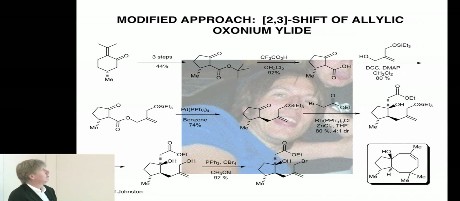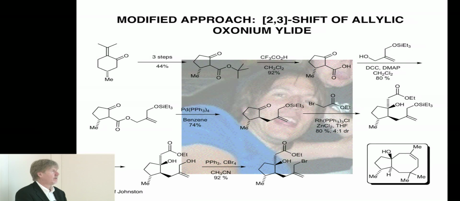So we went back to this series, now with a t-butyl ester instead of a methyl ester, and that allowed us to take off the t-butyl and make the carboxylic acid. This is the work of Jeff Johnston, one of my current students, and Jeff can then esterify this with this allylic alcohol, which sets us up for a decarboxylative allylation using palladium catalysis in order to give us this key